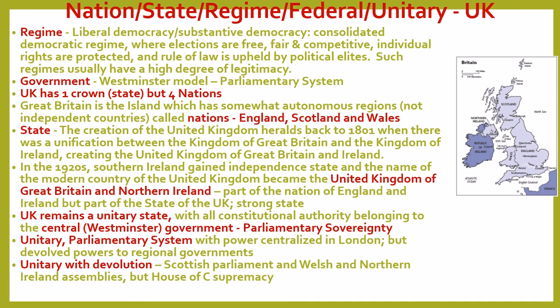But devolved powers go to regional governments. So even though power ultimately lies in London, in the Westminster model and the House of Commons, it does have something known as devolution. Devolution is giving some degree of local power to other nations. For example, Scotland and Wales have their own parliaments, right? But ultimately, the House of Commons prevails over any other parliament, whether it's the Scottish Parliament, the Welsh Parliament, or